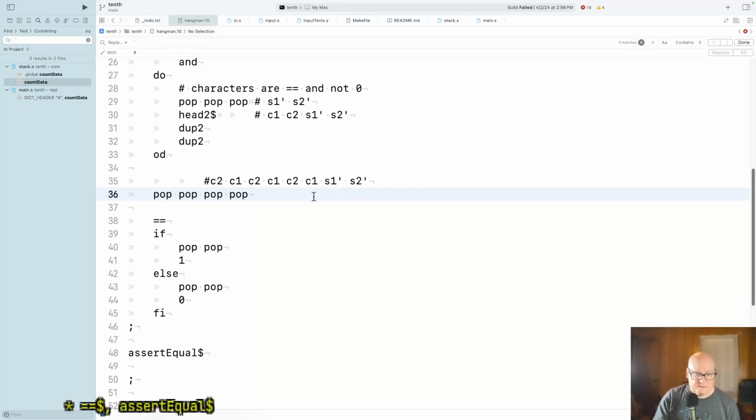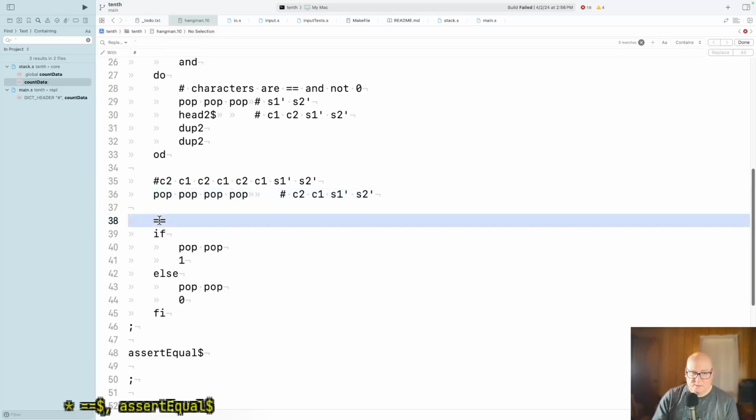Okay, so that leaves me C1, C2, C2, C1, C2, C1, S1 prime, S2 prime. Okay. And that's fine because I need to equals, and then I'm going to pop those two things. Same here. All right, now I think we can do better because equals leaves a 1 or 0 on the